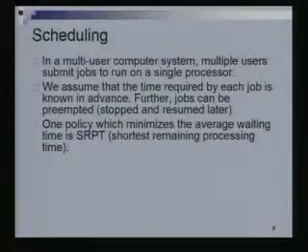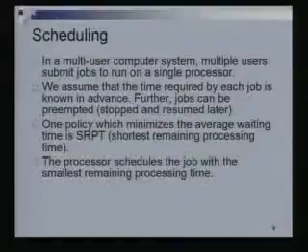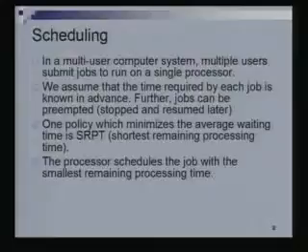One policy which minimizes the average waiting time of a job is what is called the SRPT rule. It stands for shortest remaining processing time. What this policy says is that the processor schedules the job which has the smallest remaining processing time at any point in time. So to begin with, this processor has a bunch of jobs. It will take the smallest job from amongst that bunch and schedule it. Maybe the job finishes, then it picks up the next smallest job in this collection it has and schedules that